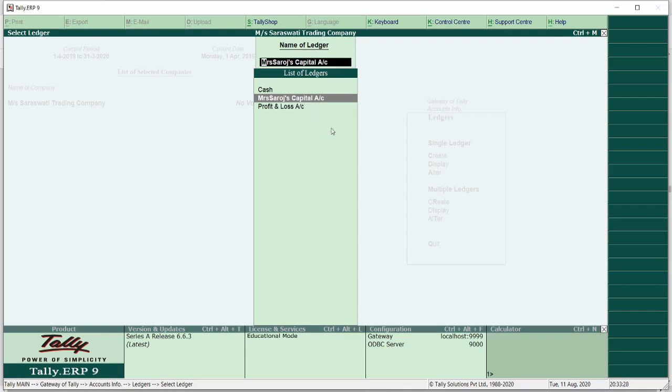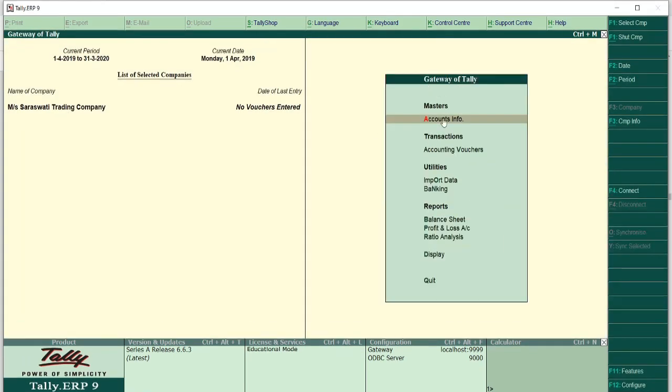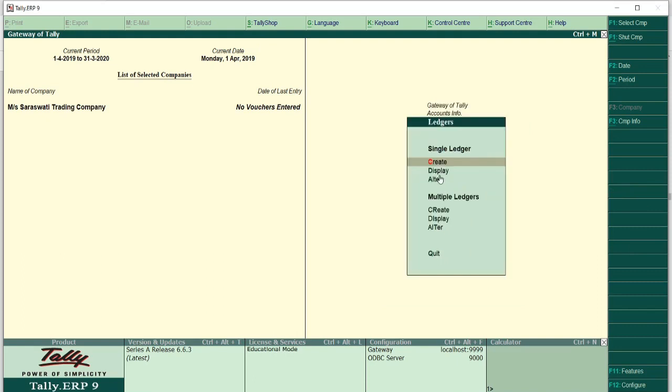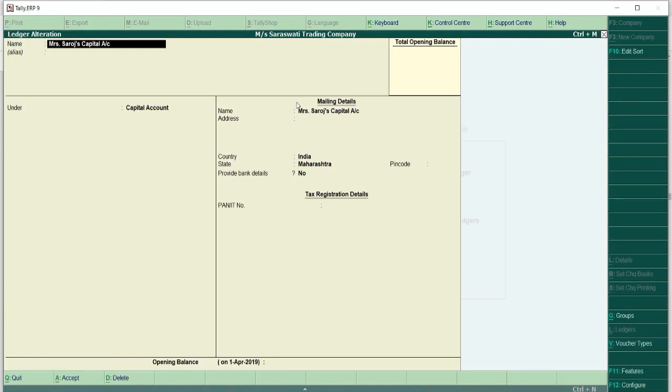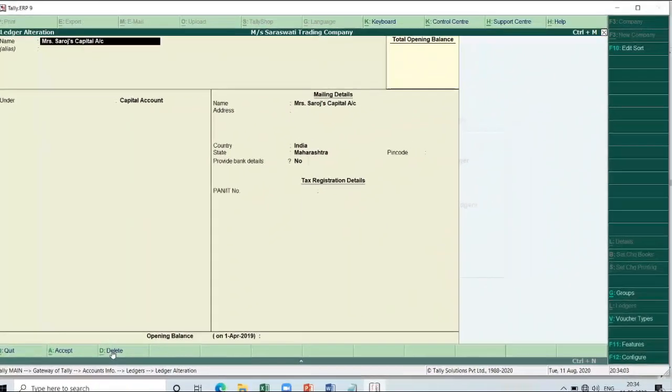Suppose you want to delete this ledger account, then also you have to be in alter mode. From Gateway of Tally, from Accounts Info, you have to select Ledgers, and from there select alter mode. From this alter mode I am selecting this Saroj Capital account, and if I want to delete this ledger, there is a delete key available here.